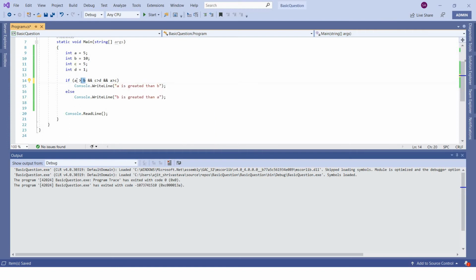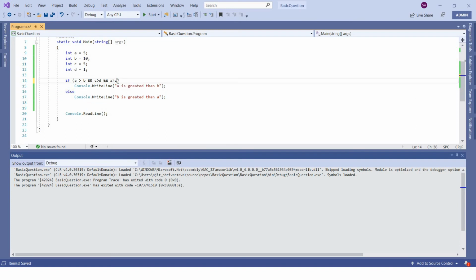If A is greater than B evaluates to true, then only it will try to evaluate C is greater than D. If this becomes true, then only it will try to evaluate A is greater than C. Because to run this statement, all the evaluations should result in true. If any of these becomes false, the entire condition will become false and it will execute this line.